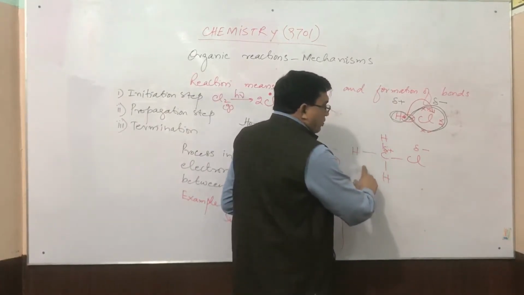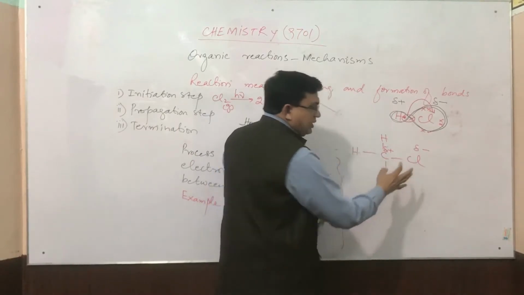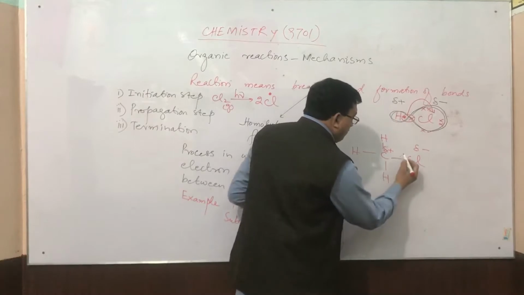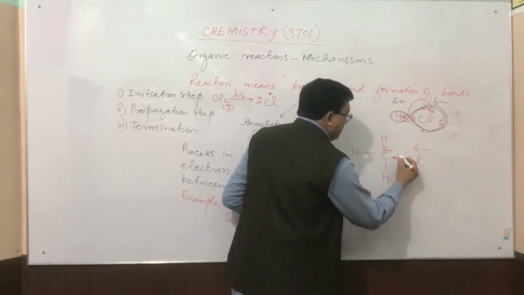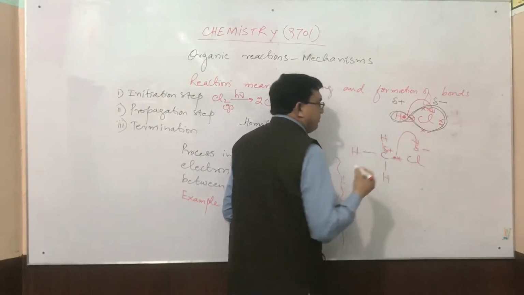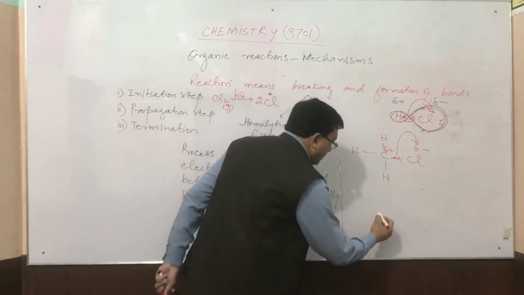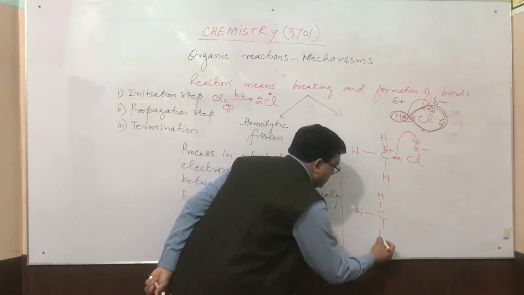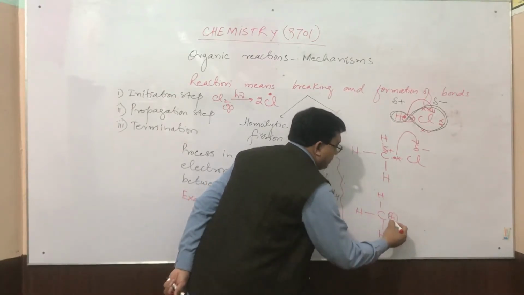Now, whenever we provide energy to break this bond, the pair of electrons will be shifted towards chlorine, producing a positively charged carbon,